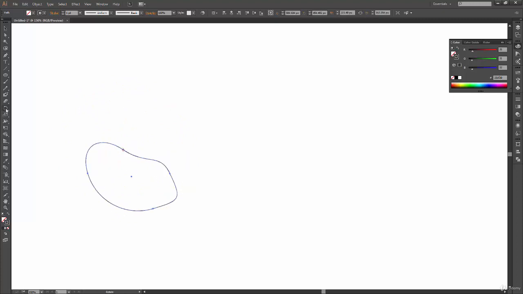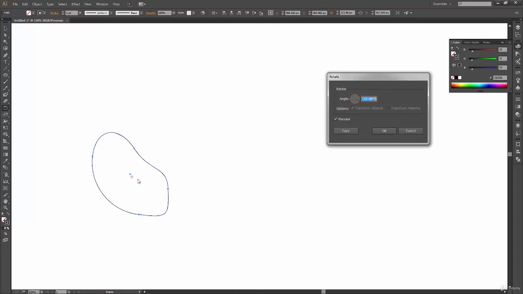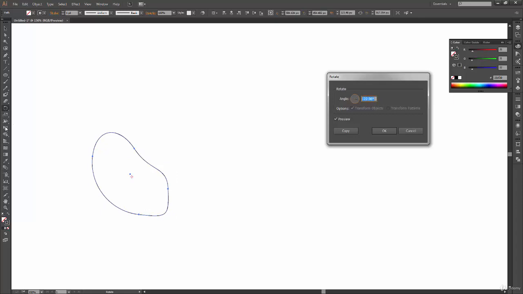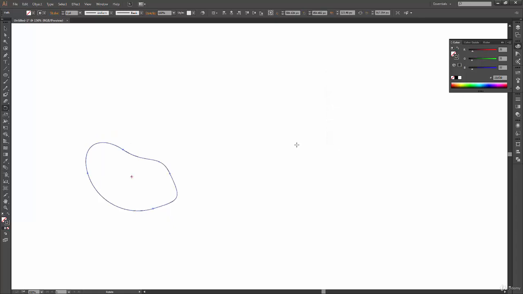But now if I double click on this, you can see that my reference point has changed from here and it has moved to the center of the shape. Even if I reposition it and then double click on this, it again got repositioned automatically. So this is a disadvantage if you are using the tool options. But if you actually want to rotate it from the center, then it is a good option over using the tool, because you get a higher level of control and precision while using the options. Here you don't see any values and you don't have any control over what angle you are actually rotating at.